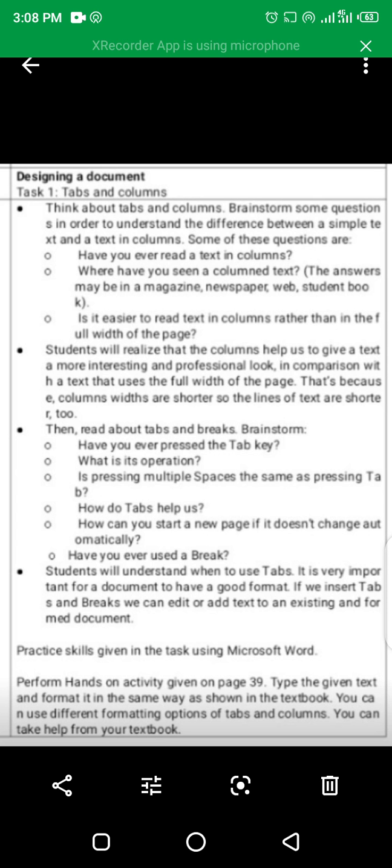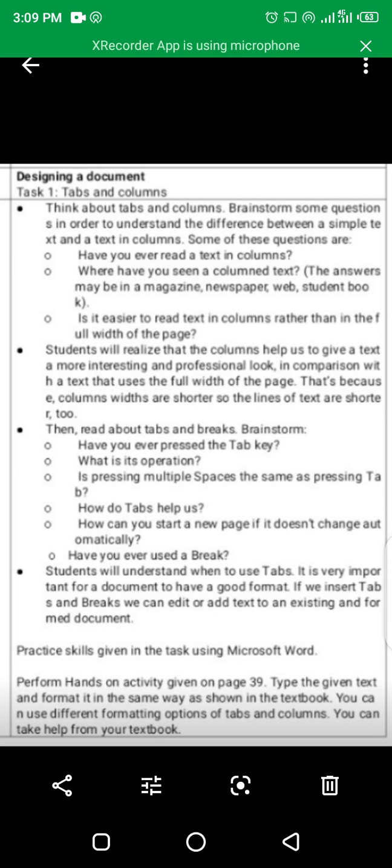Tabs help us to put a fixed gap between the text, and we can repeat this fixed gap many times, and the format of the document looks complete. Not a single letter space is extra or less.